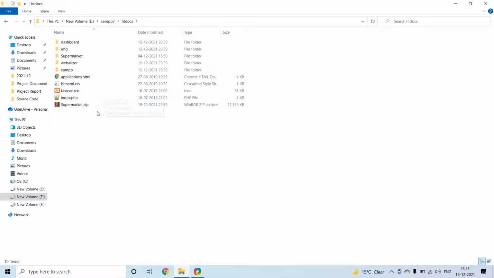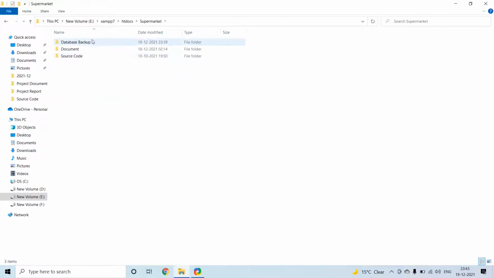Now we can see the file has been extracted and we can see the folders on online grocery stores. It includes database backup, document and the source code. Document means the complete reports.